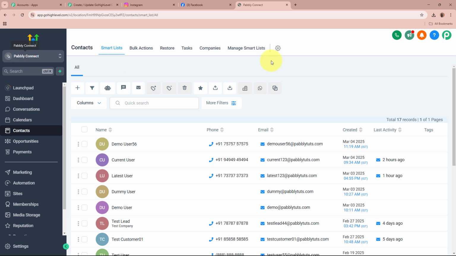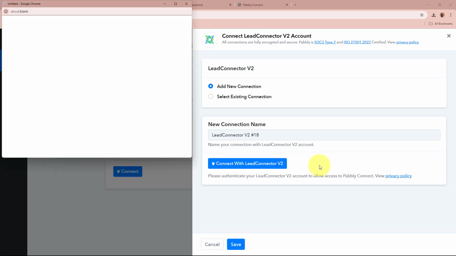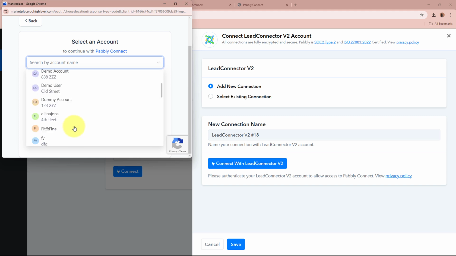I want to show you in which I want to create the contacts of my leads. Okay. So after that, over here, I'm going to click on this connect with lead connector V2 button right over here. As I'm going to do that, a window is going to appear in front of you, which is asking for us to select the sub account, which I told you already that it is Pabbly Connect. So I'm going to select my sub account in which I want to create my leads contact as Pabbly Connect